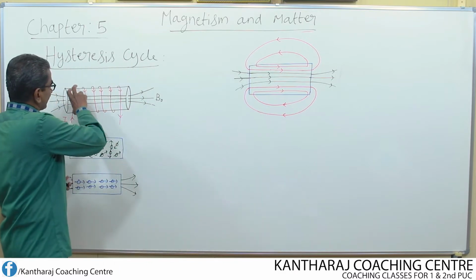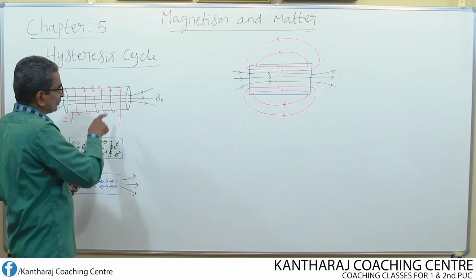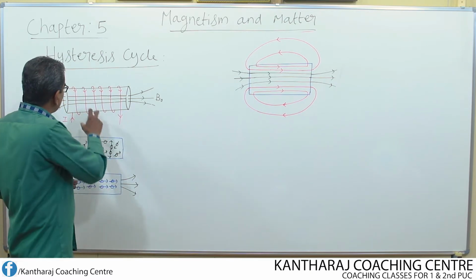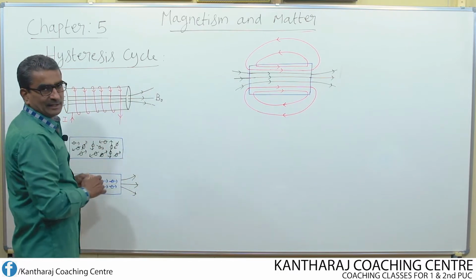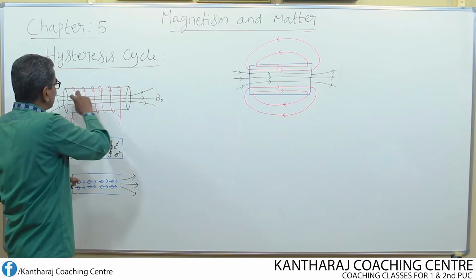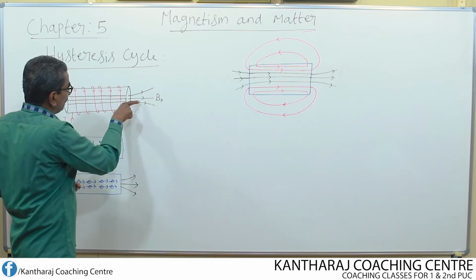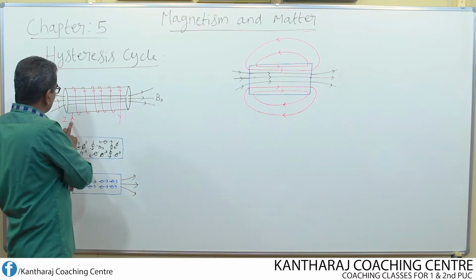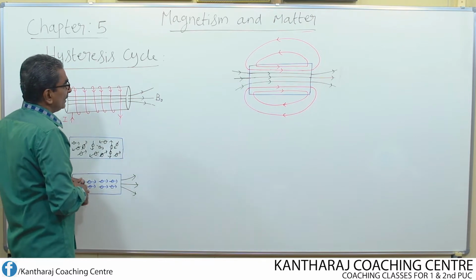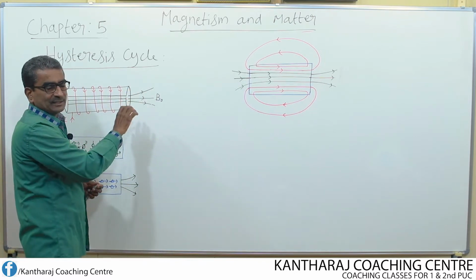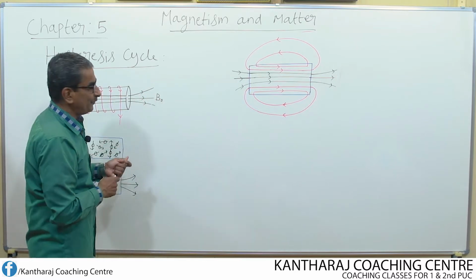We know that if a solenoid is kept in vacuum and if current is passed through that solenoid, then a magnetic field is set up inside the solenoid, both inside and outside. Outside field is weak, whereas inside field is strong and uniform. These are the field lines produced by passing the current through the coil of the solenoid. And this magnetic field that is produced inside the solenoid in vacuum is known as magnetizing field.